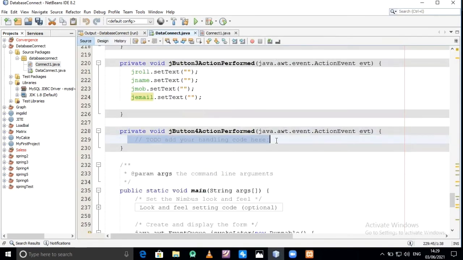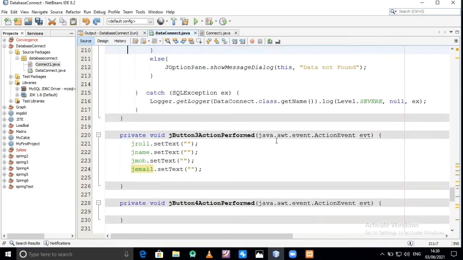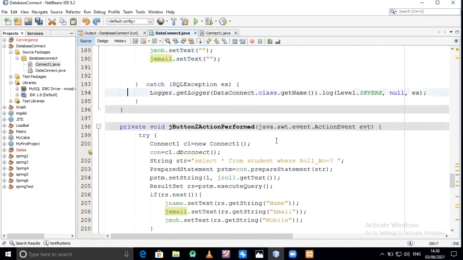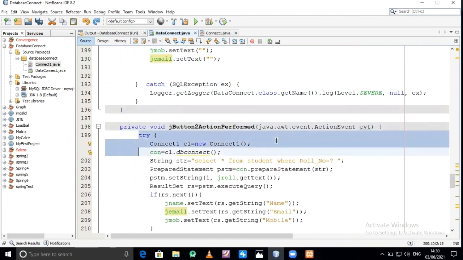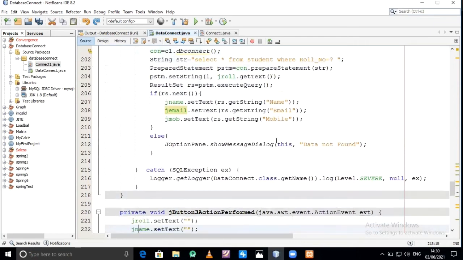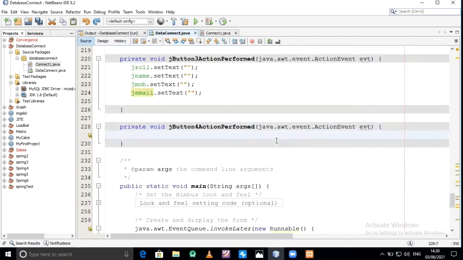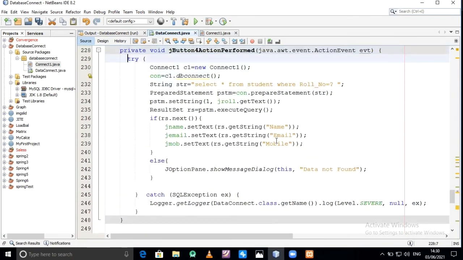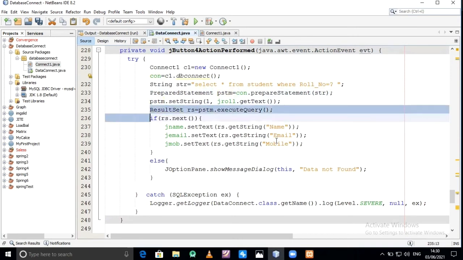We have to update the information with the help of our primary key, that is roll number. So for that again we require the connection object. So copy it and paste in this button action. So we require this connection object. So we don't require this.